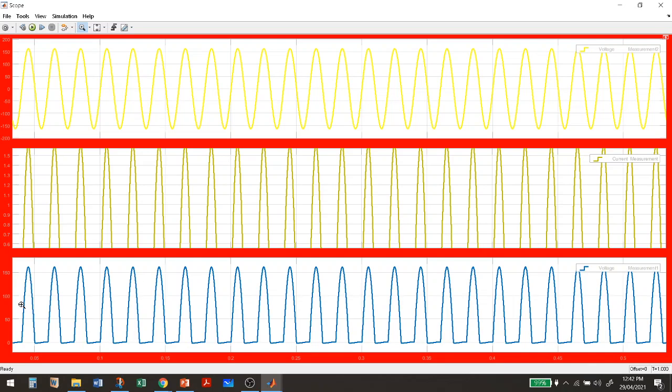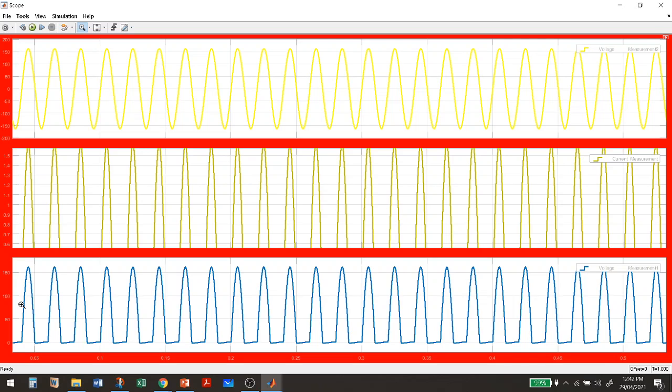Now if you want to change your firing angle, firing angle at 90 degrees, you have learned about it in your power electronics. If you need to make it 90 degrees, then you have to calculate the multiplication factor. For 360 degrees we have T, that is 1 by f, that is 1 by 50, that is 20 milliseconds. And for 90 degrees, how much? You can take 20 milliseconds divided by 360. So you get some value, and then you have to multiply that particular value.